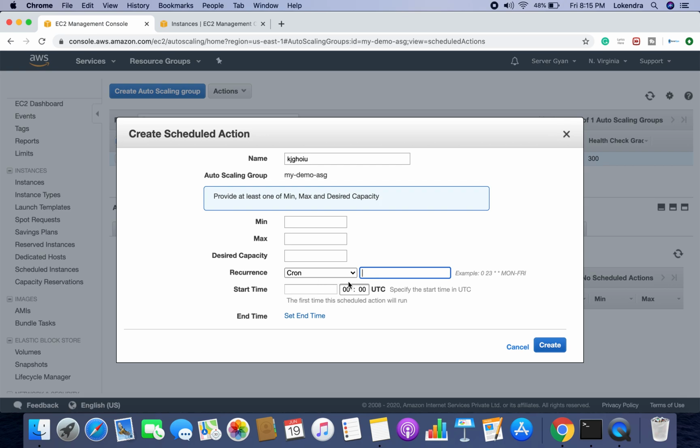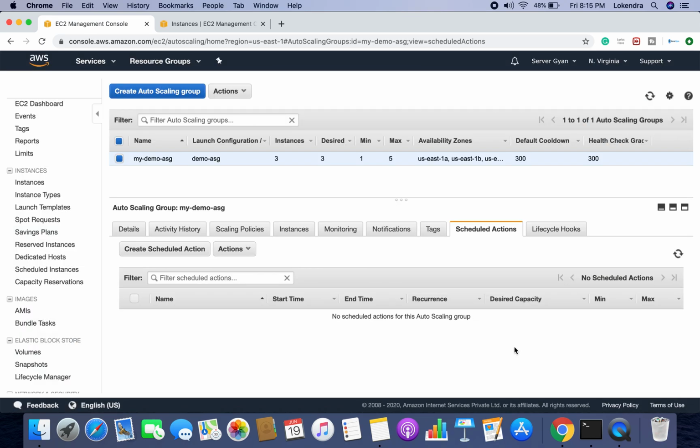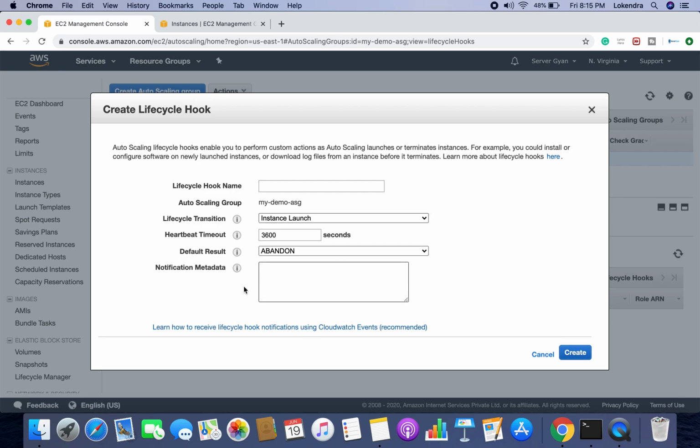So it means during office hours only this server has to run, and then after, you can set an end time as well. So when the server will start and when the server will stop, based on the particular cron parameters, you can set it. Fine. So this is how it works. This is one additional feature which was provided by AWS recently, so I thought of including it within this video. Now if you have lifecycle hooks, you can have lifecycle hooks as well. Whatever sort of hooks you want, you can use them.